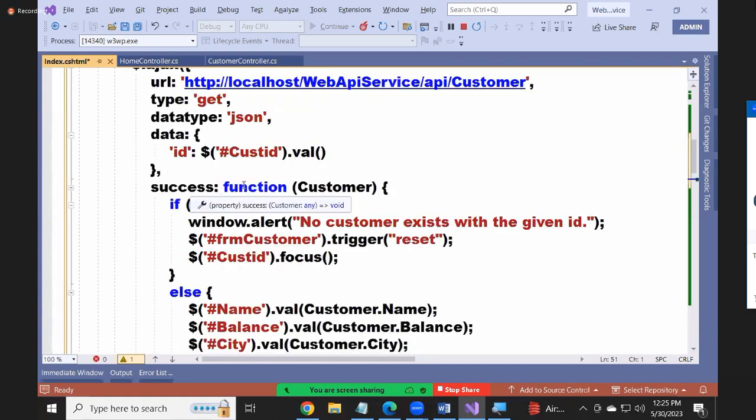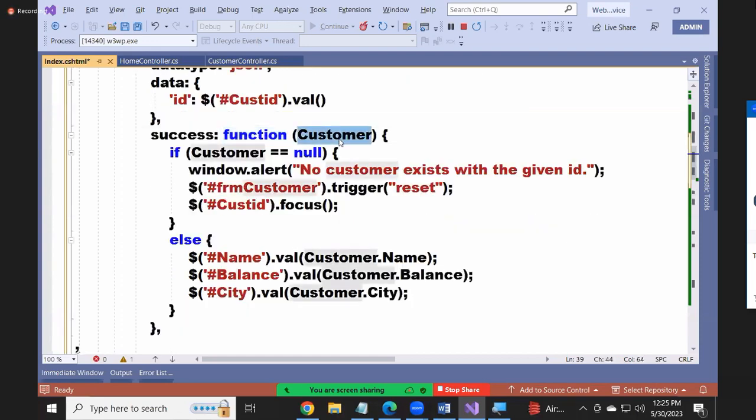Watch guys, success. We are calling a function. And what you get now, customer or customers? One record, customer. If customer is null, what is the meaning, you know? You entered a wrong customer ID. There is no customer existing with the given ID. And afterwards,